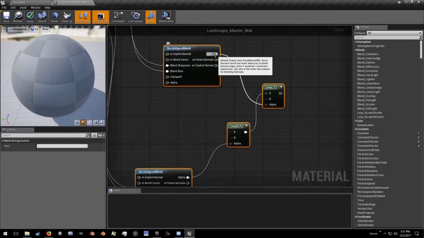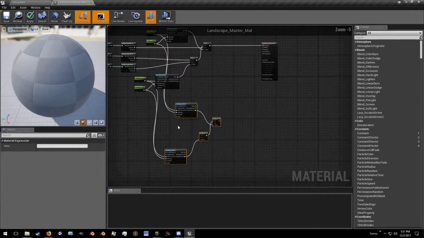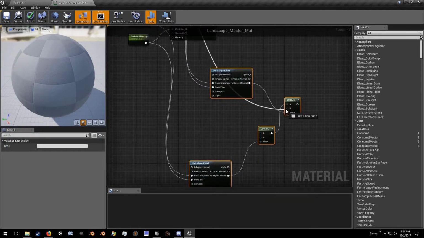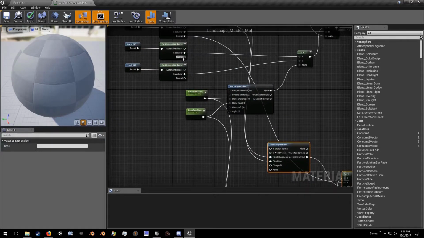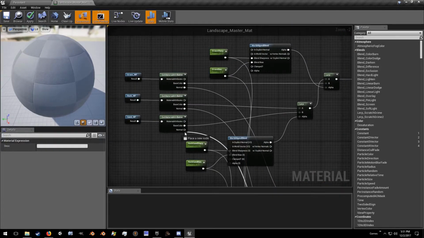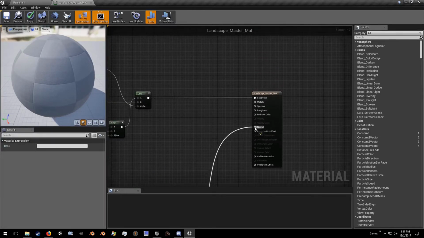However, instead of the alpha just being under alpha, because we're taking this from the normal maps, I want to hit Control, and this is applicable in any nodes. You can hit Control and drag that and change it around. Do the same thing down here. Take the normal from the grass, plug it in here, normal from rock, and the normal from the sand. Finally, we'll take this, plug it into the normals,